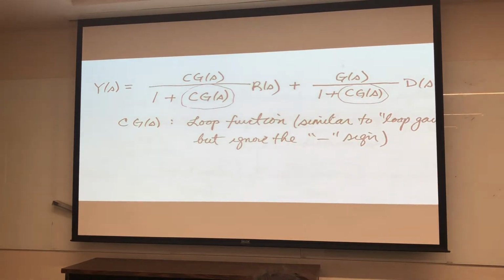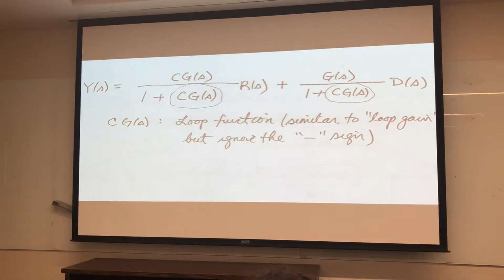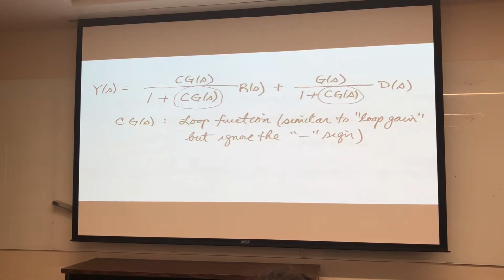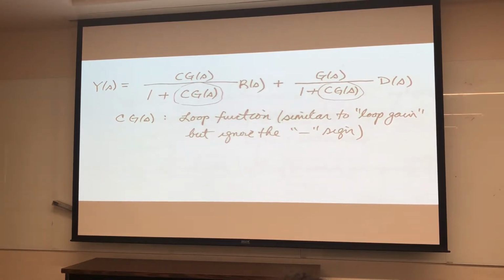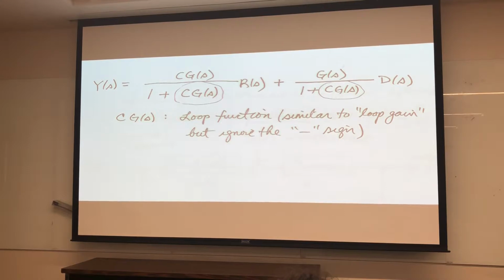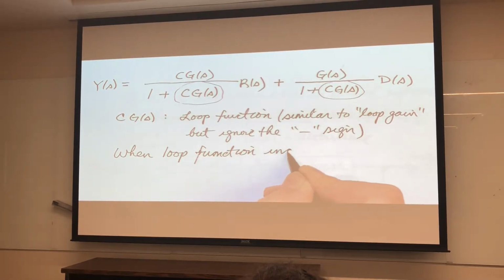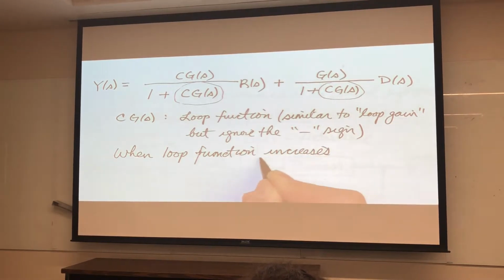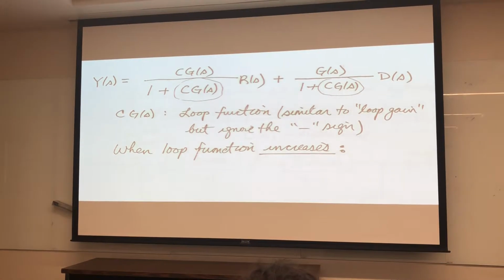It's very similar to loop gain, but we ignore the minus sign. Now let's take a look and see what happens when CG becomes large. Let's see what happens when the loop function increases. When CG becomes large,